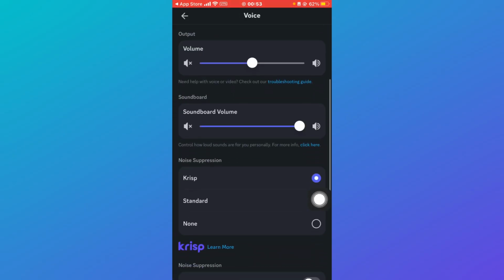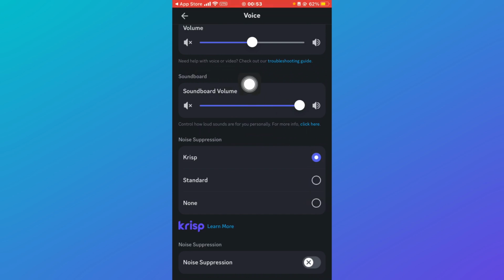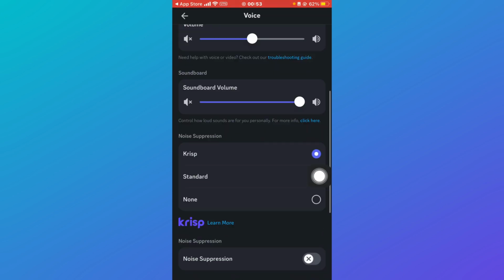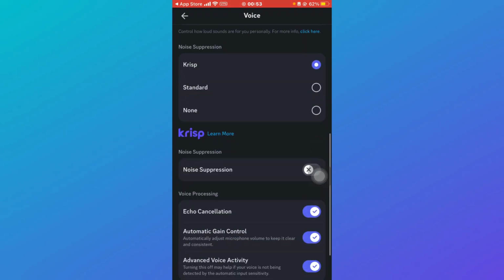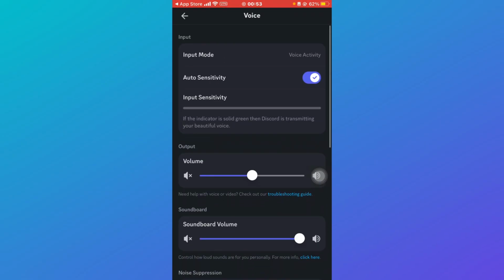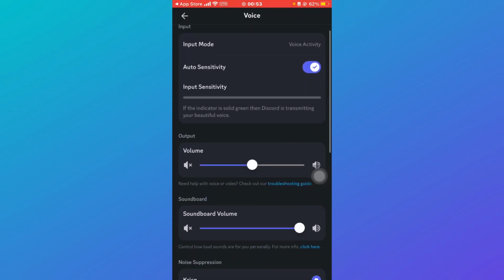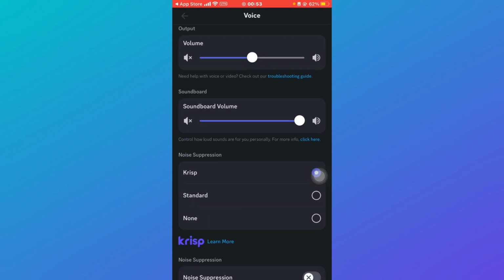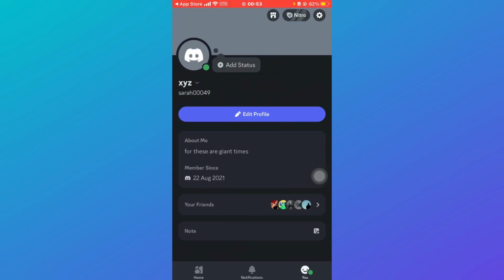Once you click on it, scroll down, and here under the soundboard you'll be able to see an option that says enable voiceover. You can just click on that, and that is basically for playing games while having a voice chat of Discord with your friends. Once you've enabled that toggle button, you can just go back to your home page